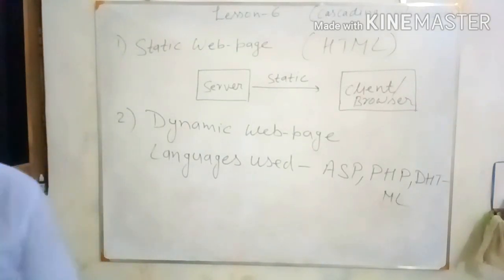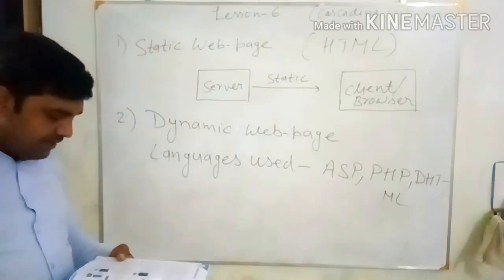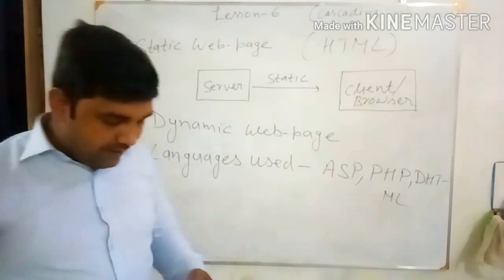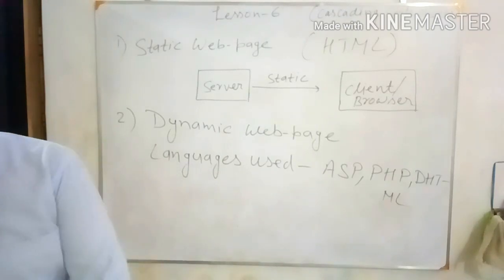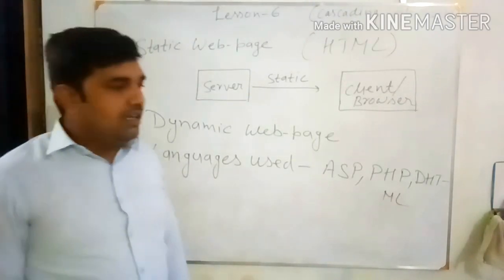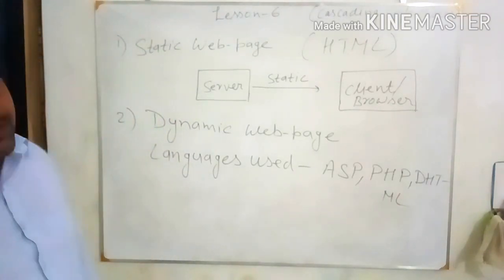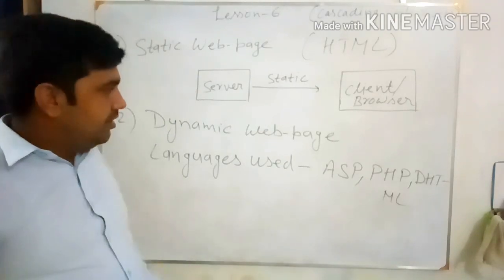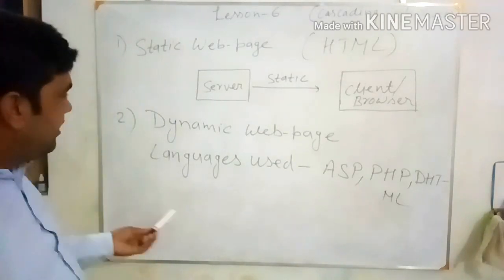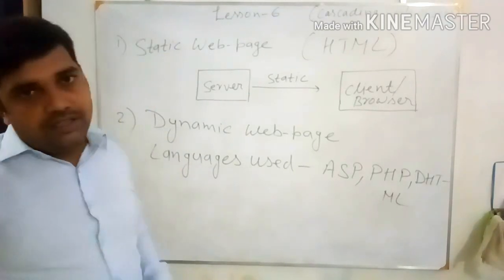Now, similarly, you can take the example of a newspaper's website, which is also a dynamic website, because the content of the newspaper's website is updated continuously. Means hour to hour, every hour the content of the news website changes continuously, because they are giving the current news.